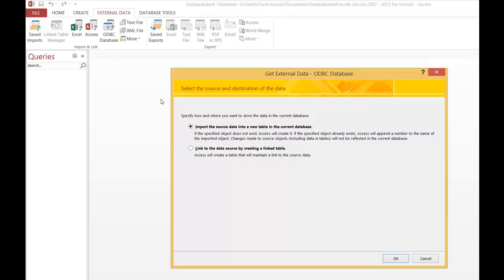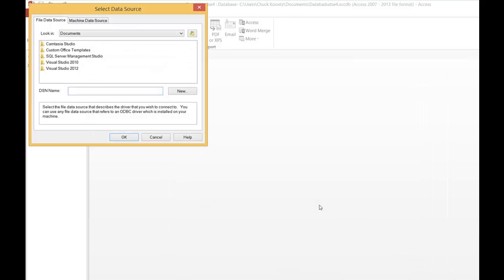And I've got the option here of either importing the data, which would read the data and copy it into Access and then basically disconnect. So that would be kind of a read-only solution. I also have a possibility of linking to the data source where I can stay connected and change the data. And right now it needs to know about the data source, how do you want to connect to this thing. And what I am going to do is choose a